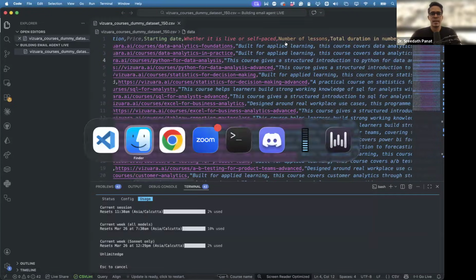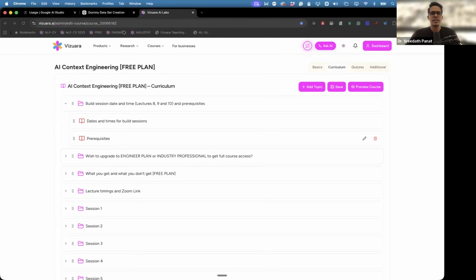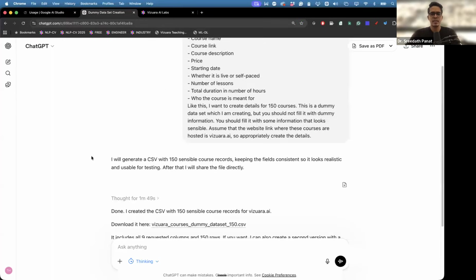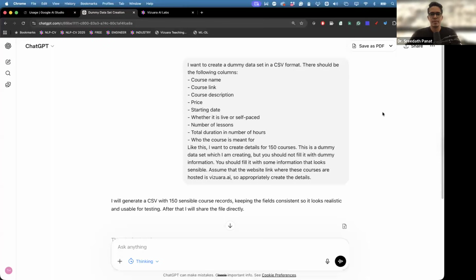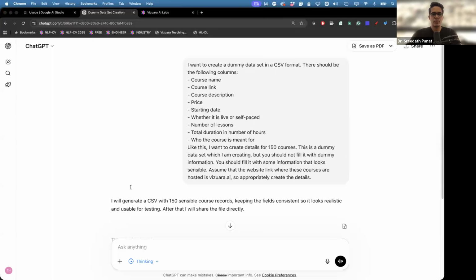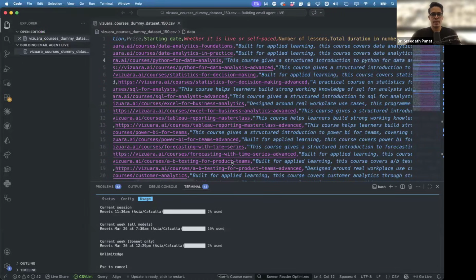I created this using ChatGPT just this morning. It's fairly easy. I just asked it to create a sample data set with details about 150 courses. So it's not a very big data set, it's a kind of small data set. I will share the knowledge base with you guys. So let me first create a GitHub repo for this. That also I can ask